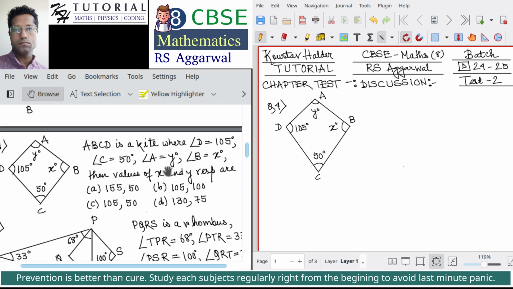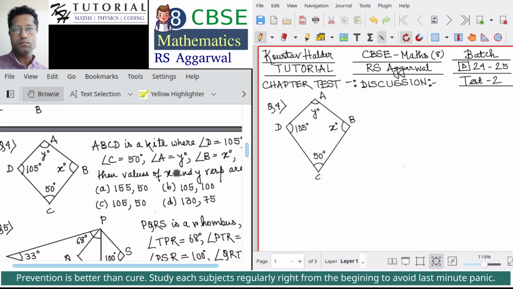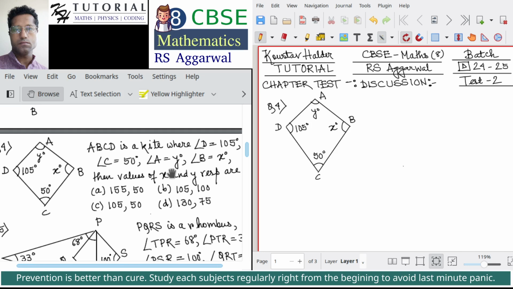Question number 4 was about ABCD, given as a kite where angle D was 105 degrees and angle C was 50 degrees, and we were asked to find the values of x and y, where x degree is the measure of angle B and y degree is the measure of angle A. Now in the previous video I had two choices as the solution, choice A and B, but in the book from where I took this question, the answer is given as